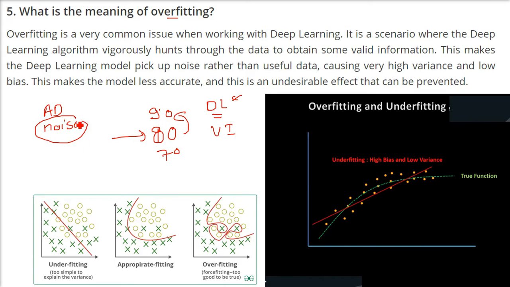So it starts picking up the noise because it's working with the intent to work hard to get the actual result. So the accuracy which we wanted, we don't get. So the model becomes inaccurate and there are undesirable effects which are seen. If you see, this is the underfitting, too simple to explain the variance here. And here you see overfitting. It's being overfitted here. Force fitting, too good to be true. You cannot have it like this, or even if you have this, then the noise will be more, or it is being picked up more.